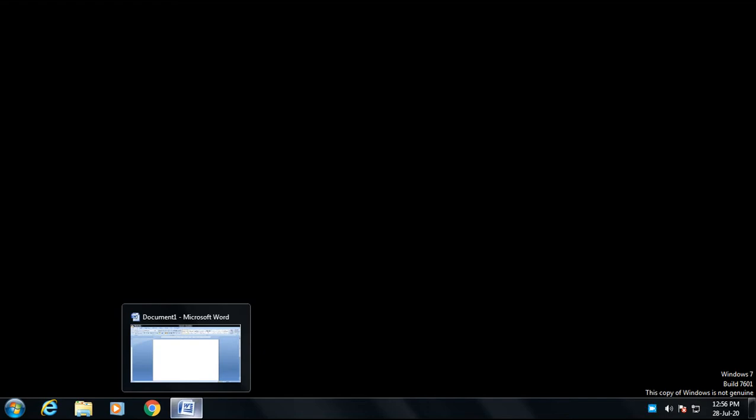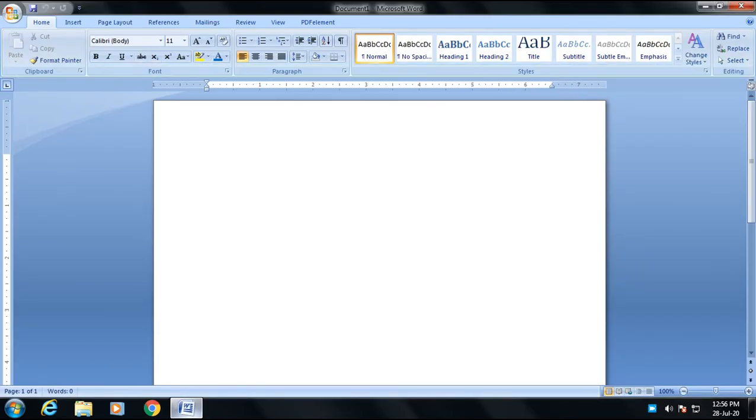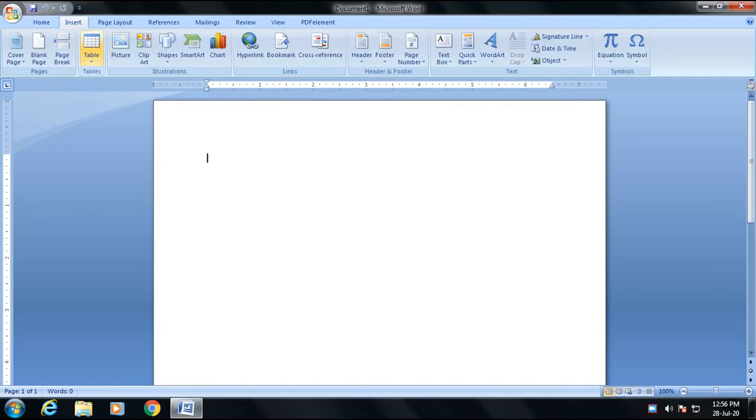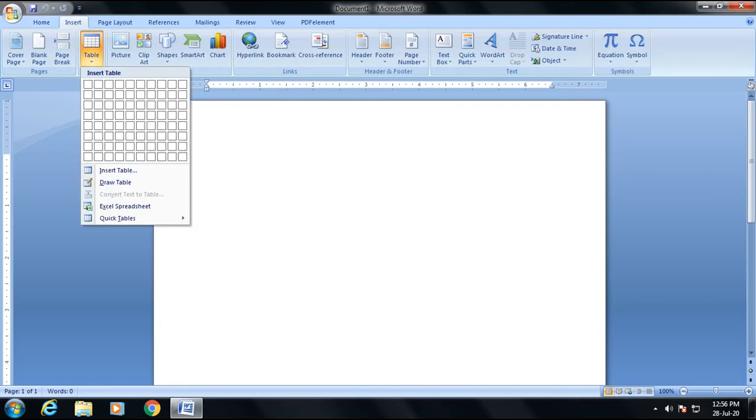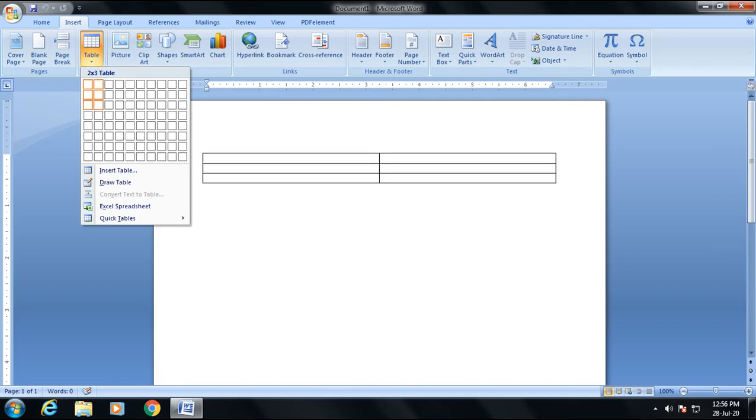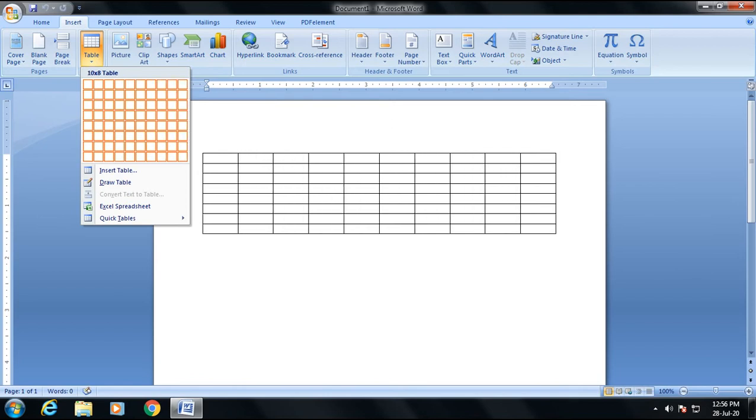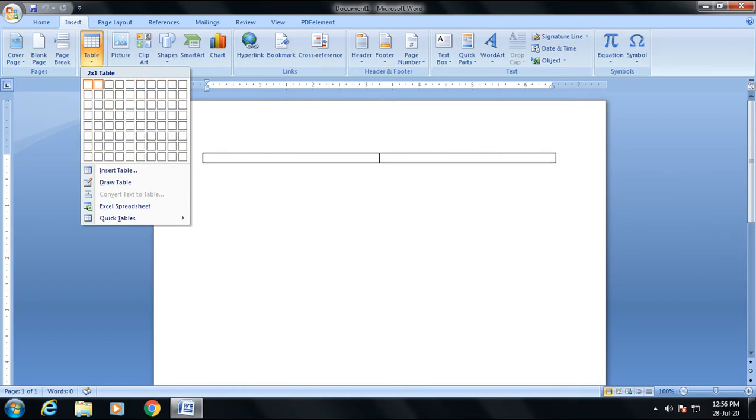First of all, open an MS Word file like this, click on Insert, then click on Table. Now when we click on Table, it shows these boxes, meaning number of columns and number of rows.